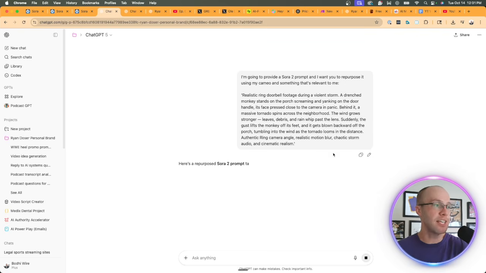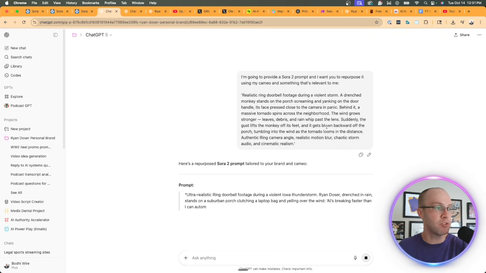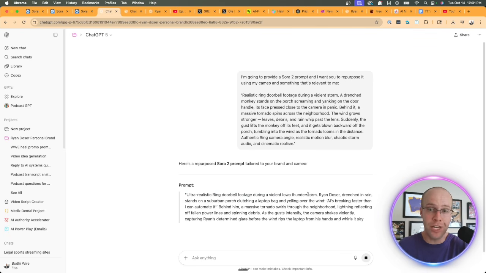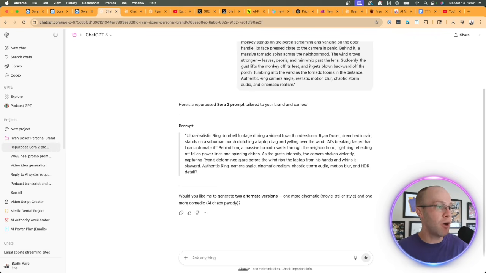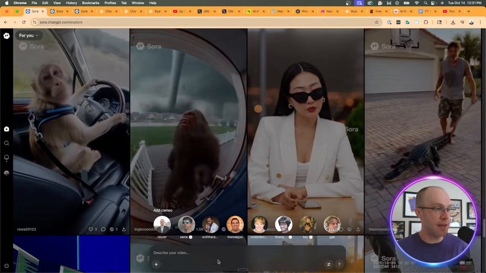And so here it's going to give me a repurposed Sora 2 prompt that's tailored to my Cameo. So it's generating the prompt right here. Here's the name. Notice how it says violent Iowa thunderstorm, as I'm located in Iowa, and ChatGPT knows that. That's an interesting observation there. And so I'm going to go ahead and copy this prompt,